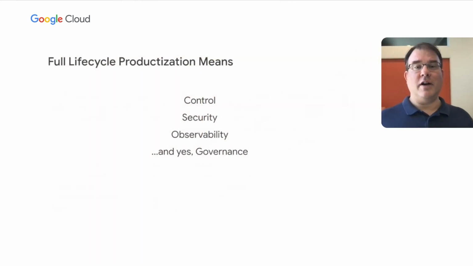Now, when we talk about this, we talk about control, security, observability, and governance. And in the world of REST APIs, we often do a lot of these things based on the fundamental principles of REST, like URLs and verbs. We'll say, if you've got credentials for the API, you are authorized to invoke certain URLs, but not other URLs. Or perhaps you're authorized to get all the URLs, but if you want to post to some of the URLs, you need a different kind of credentials. All of these same things are going to apply to GraphQL. We're going to ask a lot of these same questions.